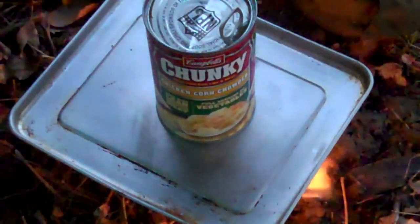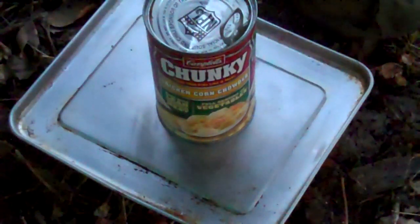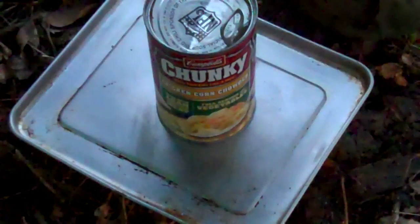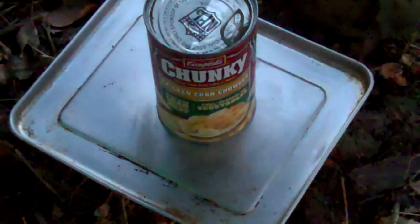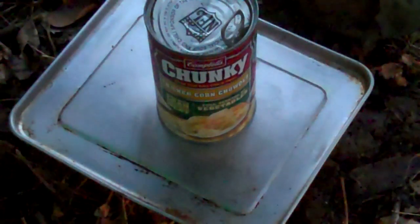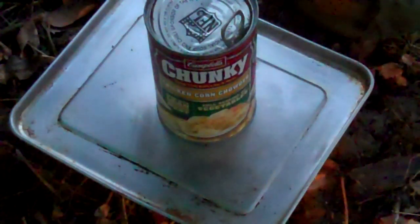Using that to kind of level her up. Hoping that's going to at least transfer the heat good enough for me. It's a little wobbly on this Esbit stove, or hexi stove, whatever you want to call it. But we should be having dinner soon. Stay tuned. Ended up having to do another fuel tablet, using 3 with that pan there, using it as a